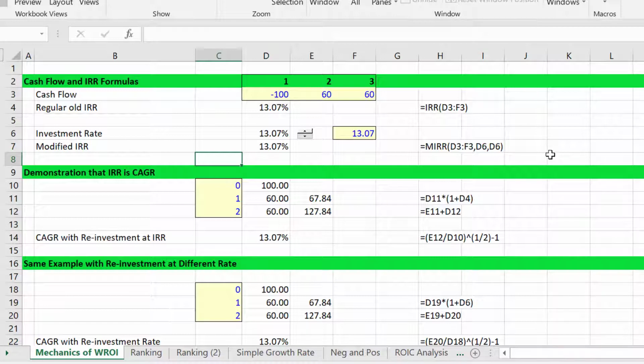Part 3, the next one, is going to show you some examples of ranking investments and how the